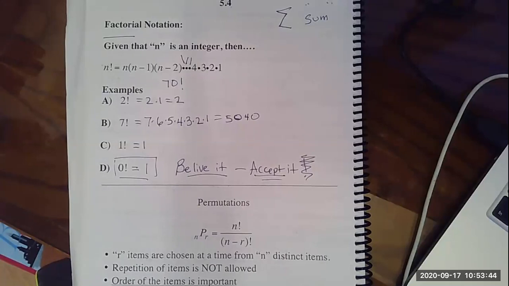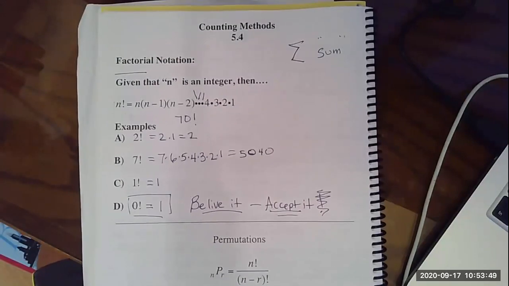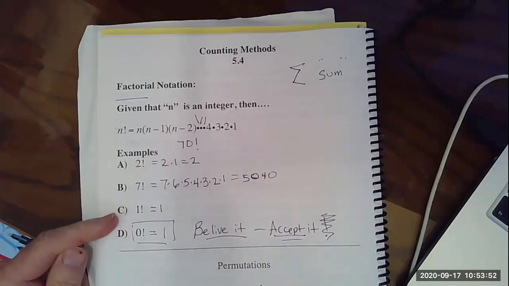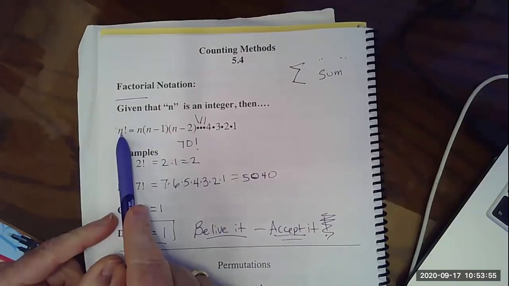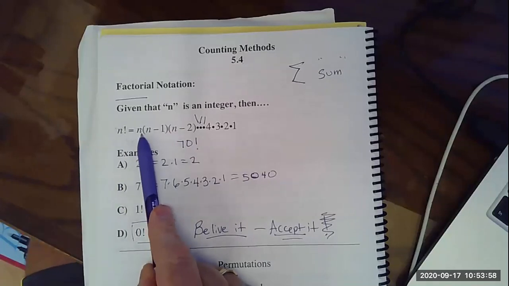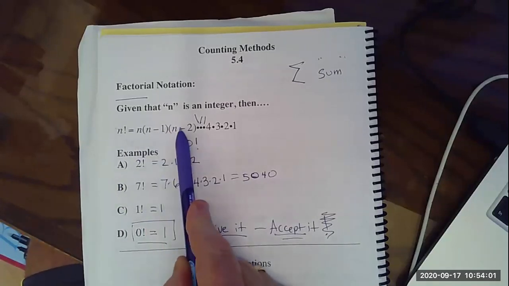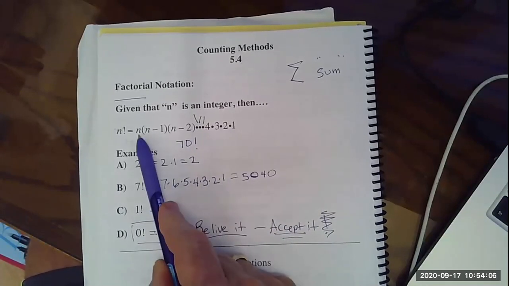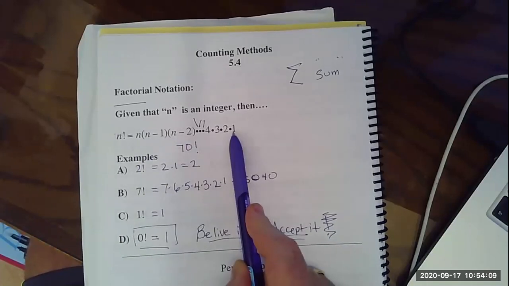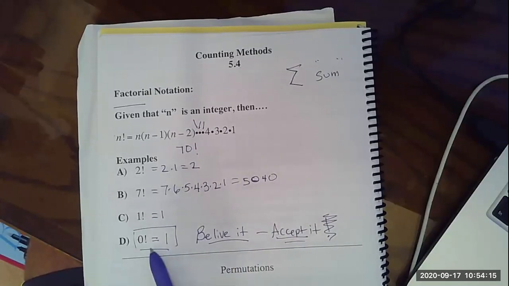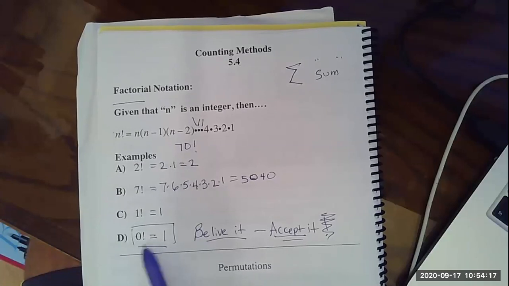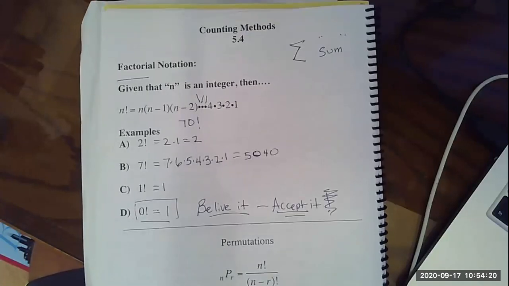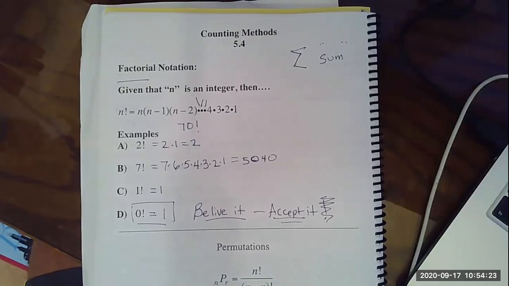So Jeff, just to clarify, that means 1 factorial and 0 factorial both equal 1? Yeah, for 1 factorial, look at the definition. If you put a number right here, you start with the number and keep subtracting 1 as you go down. So you're just going down in order until you get to the number 1. So you always stop at 1. If I put in a 1 right here, well, that's it, because I have to stop at 1. This one's weird. That's all. It's just an exception. You just accept it. It is true. I'm going to show you why right now